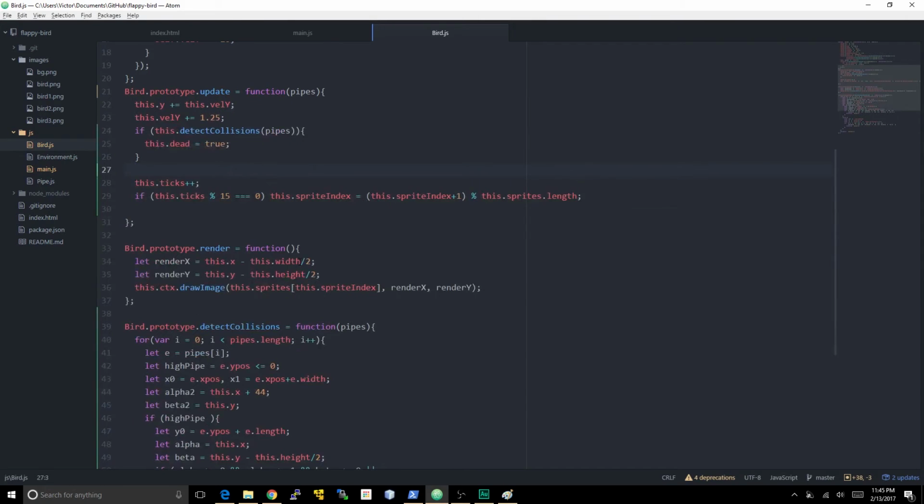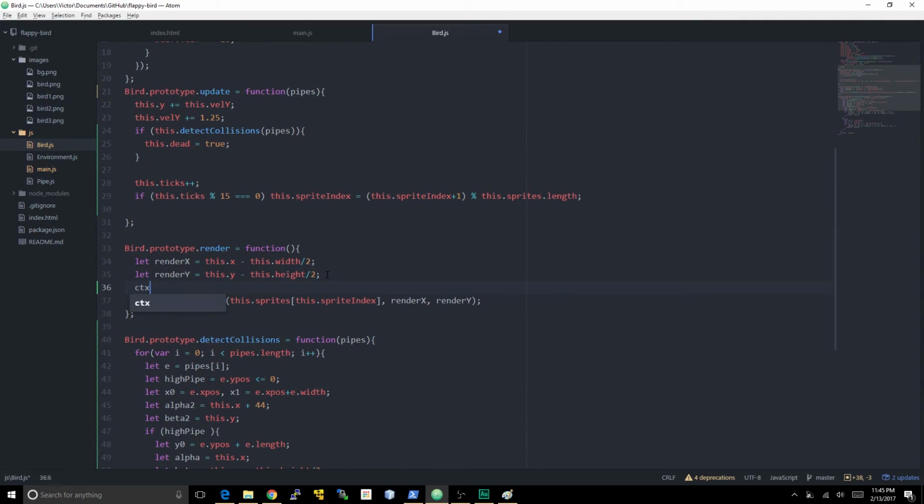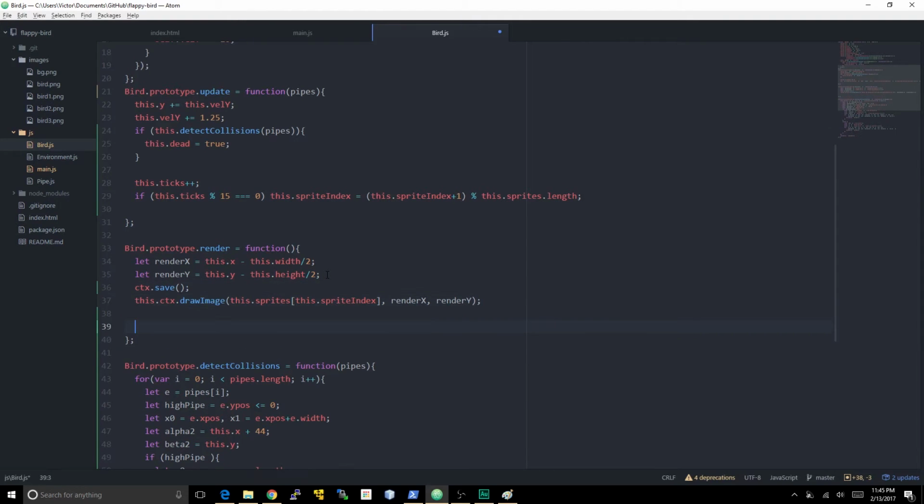Where am I going to do that? In the render method. So the first thing I'm going to do is ctx.save, right? I need to draw it right there, then ctx.restore. And I'm no longer going to